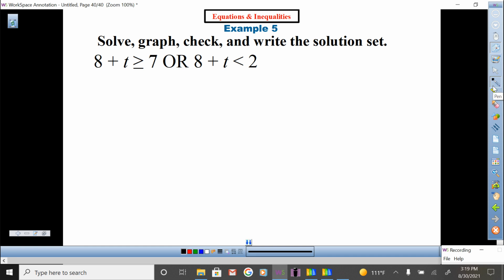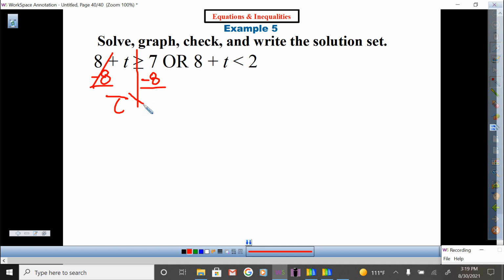Y'all ready? Let's start with red. I'm going to do this one on the left. Let's do it in red. Here we go. Line down the inequality symbol. So to solve this for t, what would I do to leave t by itself? -8, -8, and that leaves us with t greater than or equal to -1. Okay, bring down the word or,